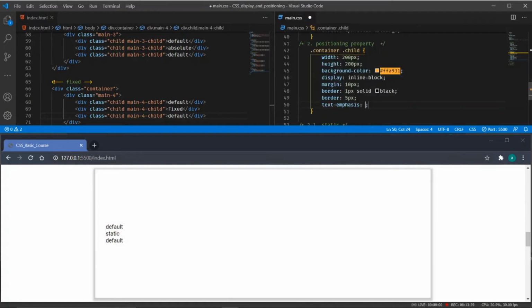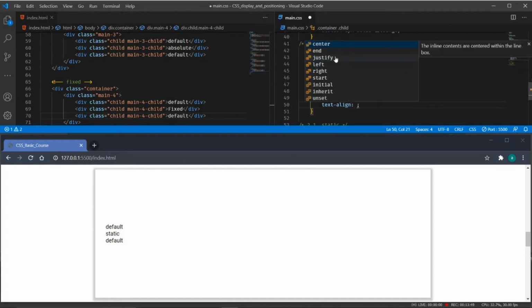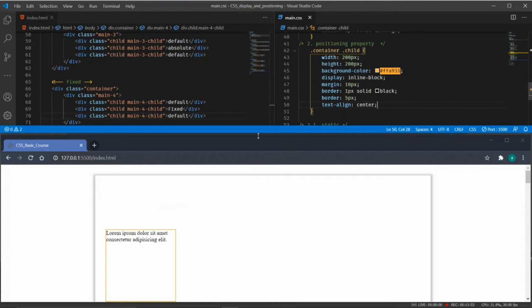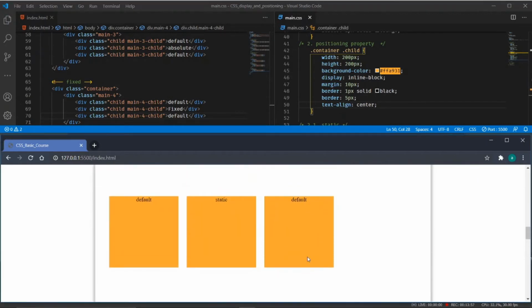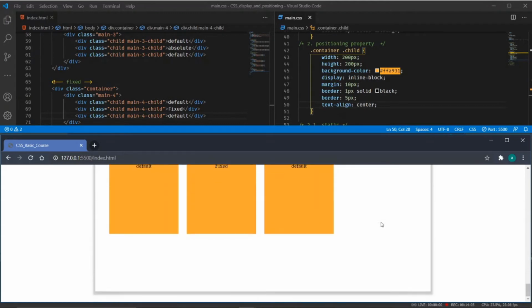And for the text alignment, to have a better visual, I will set it to center. So what it gives us is the block, as you can see on our screen, with 200 by 200. It will be there for all the sections.